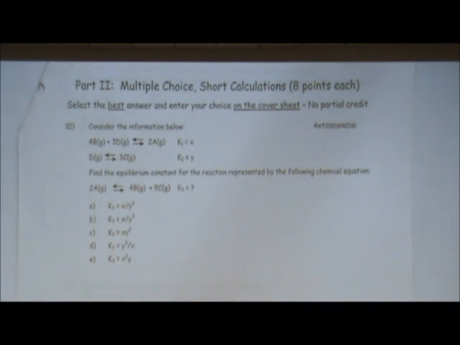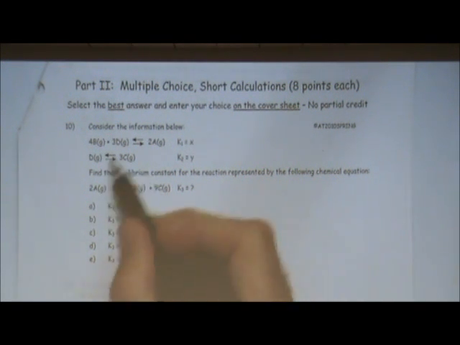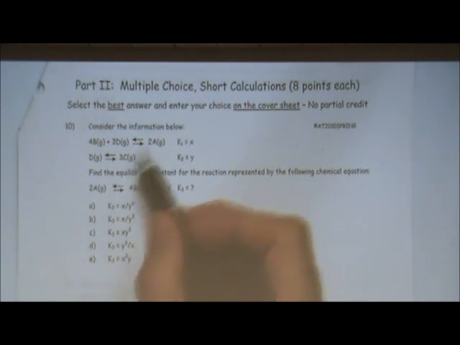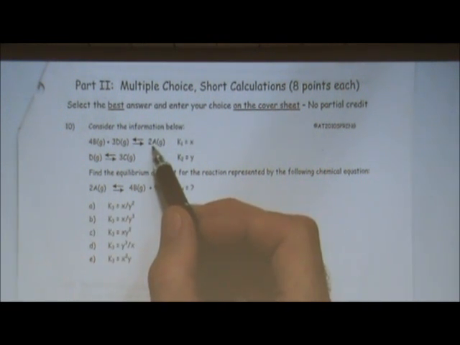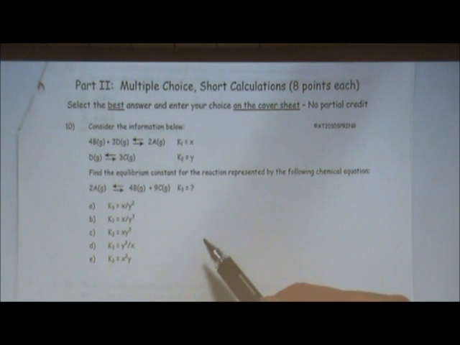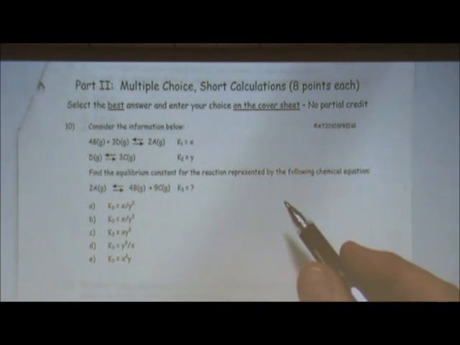Okay, so these problems are actually pretty interesting because you just have to reasonably think what you need to do. You can't memorize things here. So what we see is we want to create this equation from these two. Therefore, we have a 2A on the left. We have a 2A on the right. Well, there is no 2A here, so we can reverse this one. Then we will have the 2A on the left. Okay, so the first step is to